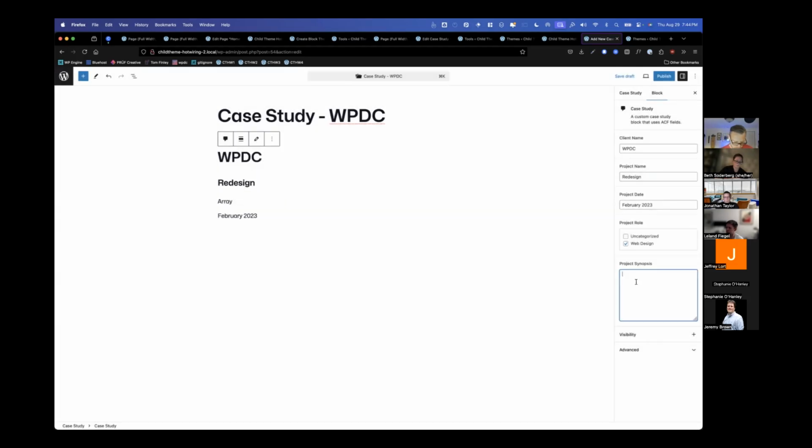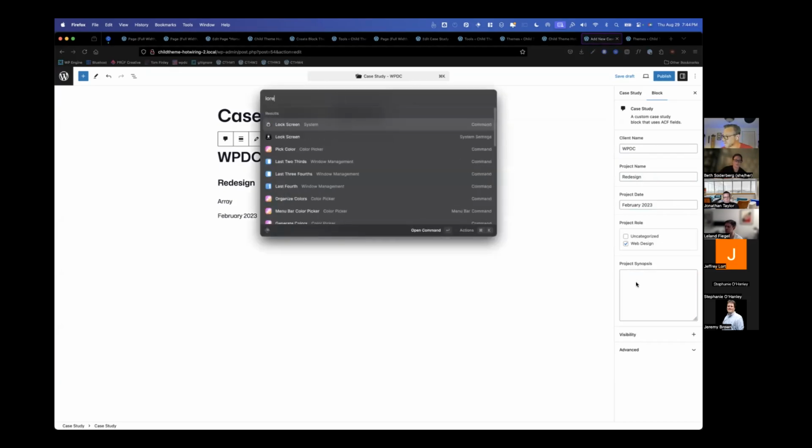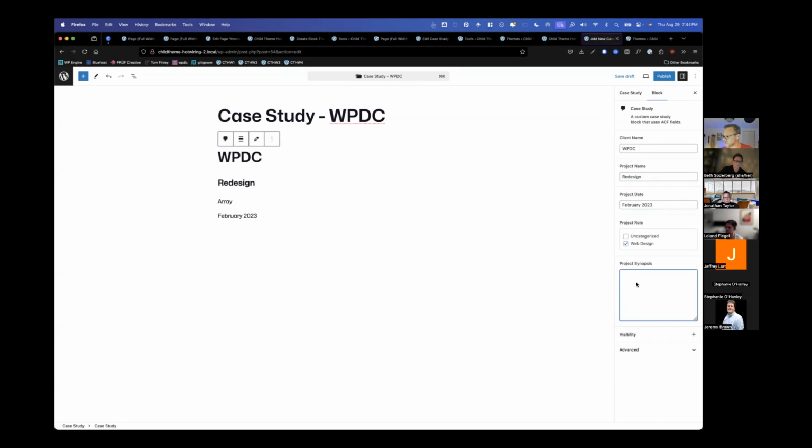And then, let's see, do I have any lorem? No, I don't have a lorem ipsum generator handy. Let's see, words. Pay no mind to the license key behind the curtain.